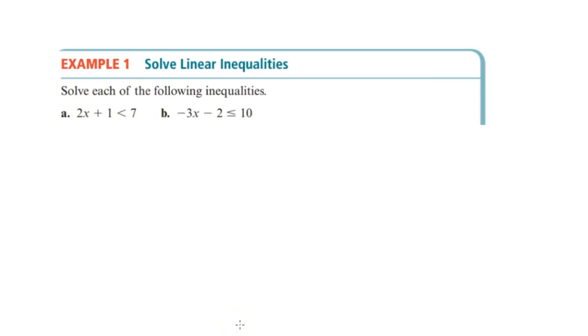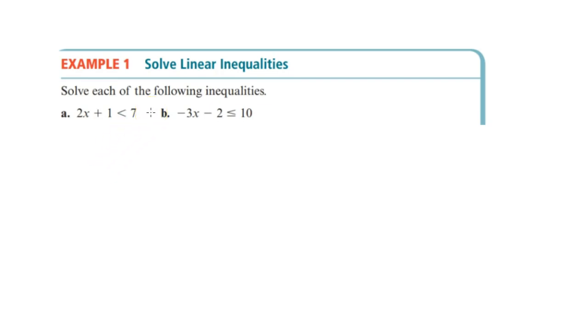All right, we're in section 1.5, example 1, and we see that we're trying to solve inequalities. Now, you'll notice that solving inequalities is pretty much identical to solving an equation, at least the algebraic portions of it. There's one thing that we'll see that's different when we're in part B. But just imagine if there was an equal sign where we see this less than, and see how you would do it almost identically. How we express our solution in the end is most definitely different, but let's go ahead and go through the